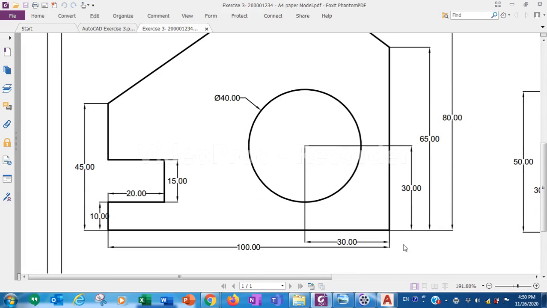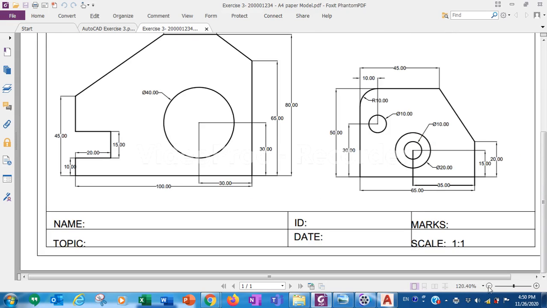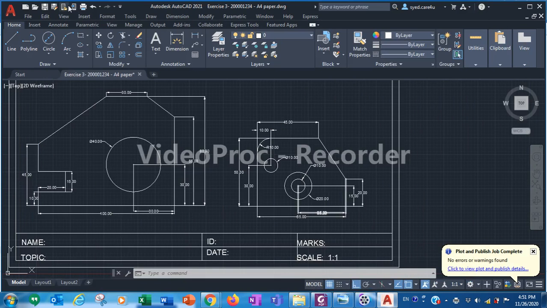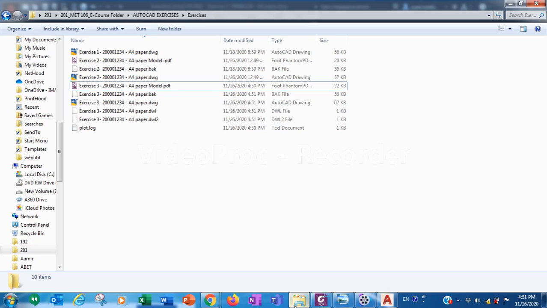So this is the figure in the A4 size sheet here. Okay, the outline is darker and the dimension lines are lighter. Okay, you have to submit this PDF as well as the AutoCAD file. You have to press here save, then it will be saved automatically. Then come back here and look for the PDF. Exercise 3 PDF, exercise 3 AutoCAD drawing. You have to send me the